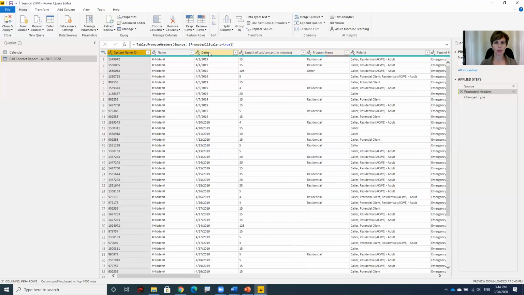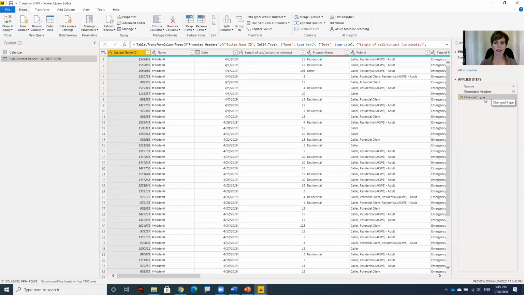Like my date column. This is not text. These are dates, and length of a call, these are minutes that I will need to do a sum or an average. So it's not text data. But nonetheless, after simply promoting the headers, Power BI was now better able to reestablish the data type of each column. So if I click now on the right-hand side on the third step,